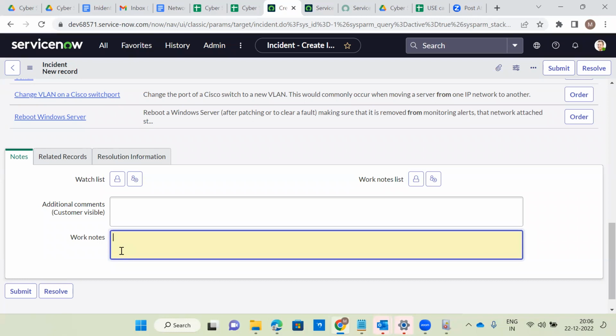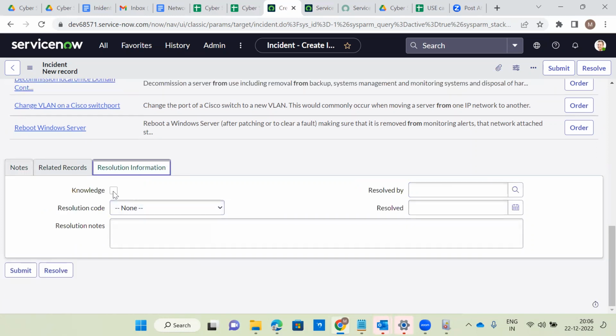So what I'm trying to say here, in summary: whenever you're working on something, make it a habit to update the comments. Please update the comments. We have to do this on a daily basis. Even on-hold tickets, you have to go and update. And in case you are closing the ticket now,